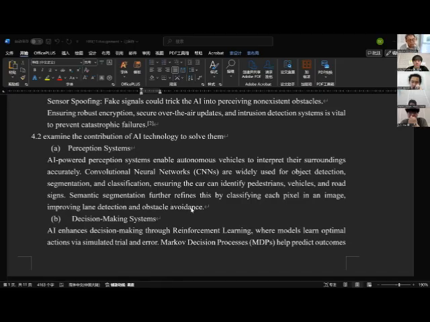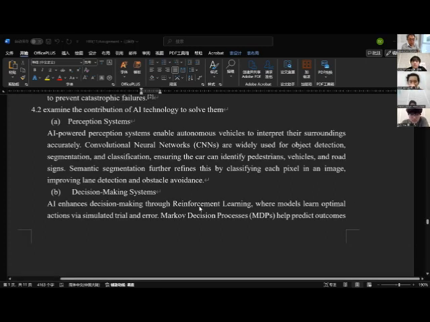Convolutional neural networks are widely used for object detection, segmentation, and classification, ensuring the car can identify pedestrians, vehicles, and road signals. Semantic segmentation further refines this by classifying each pixel in an image, improving lane detection and obstacle